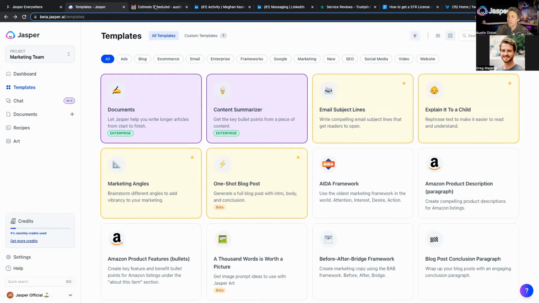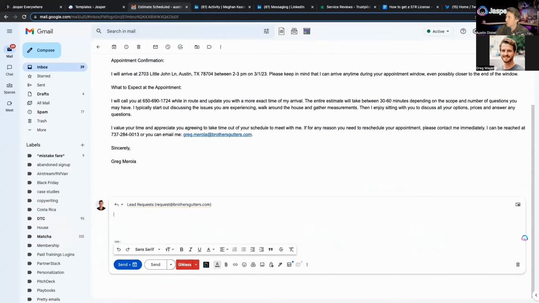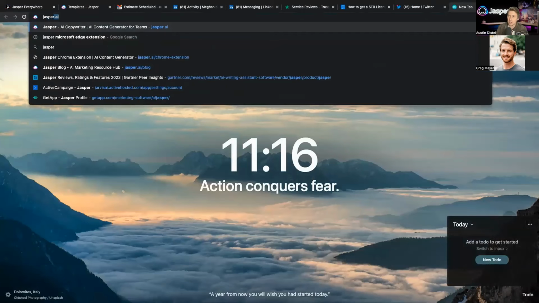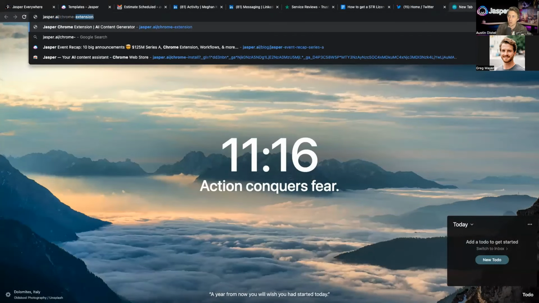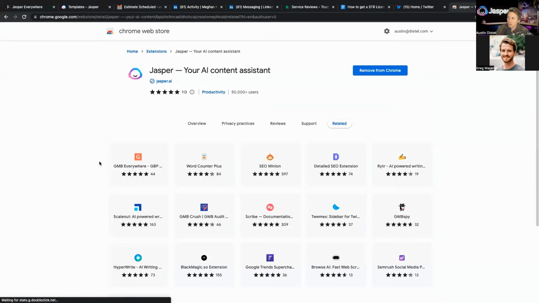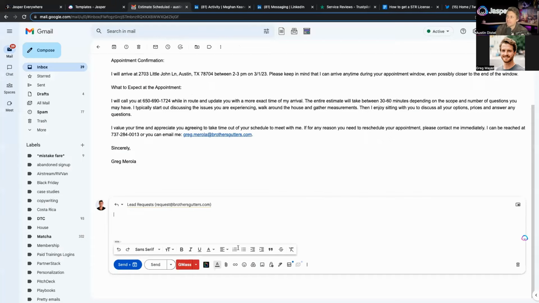And so what we've done is brought it inside of a Chrome extension. All you do is go to Jasper.ai/Chrome install, and you'll be taken to the store. Add this, log into your account, and then you're connected.